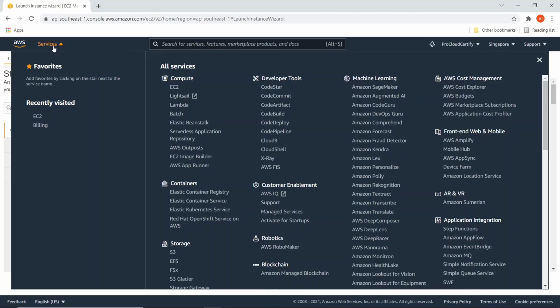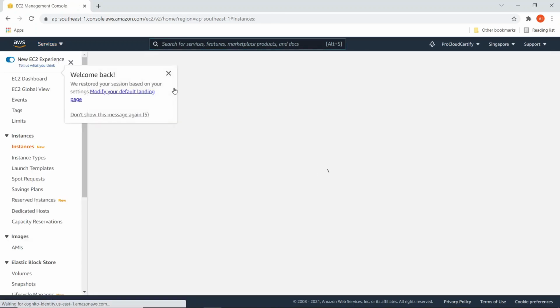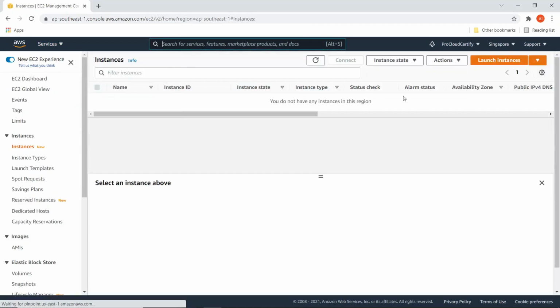Hi there. In our previous video, we went over the definition of EC2, which is Elastic Cloud Compute. We explained that Elastic Cloud Compute is nothing but a virtual server in the cloud. Now, to further progress and understand more about EC2, we first must go through one particular step, which is understanding how to launch an EC2 instance.